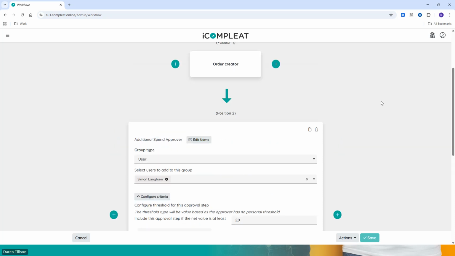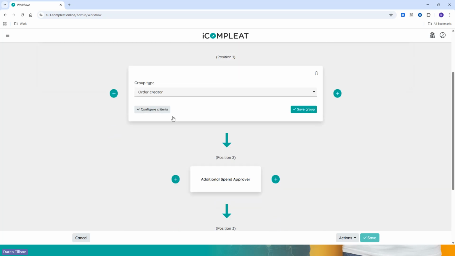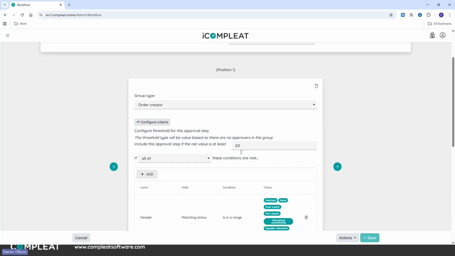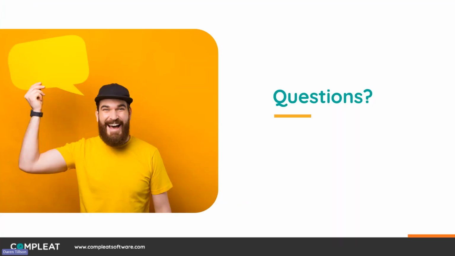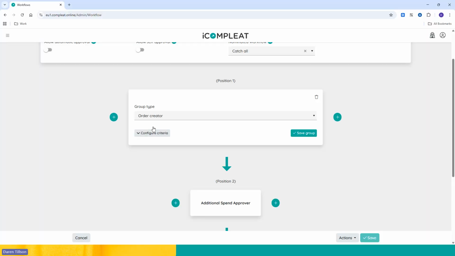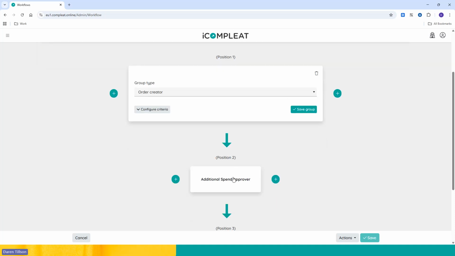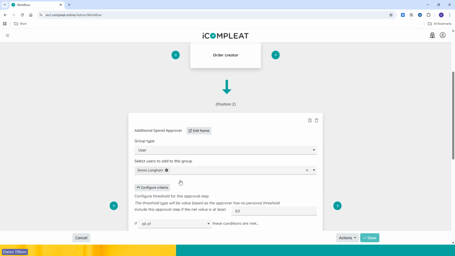So just to quickly run through what this workflow is doing. When an invoice is submitted, it's going to go to the order creator. So the person who created the order, that will be the pseudo receipting, if you like. Sorry, clicked the wrong button. So we'll go to the order creator to approve, to say yes, I've received, and yes, I'm happy. And then, as an additional spend approver, we're going to go to Simon,